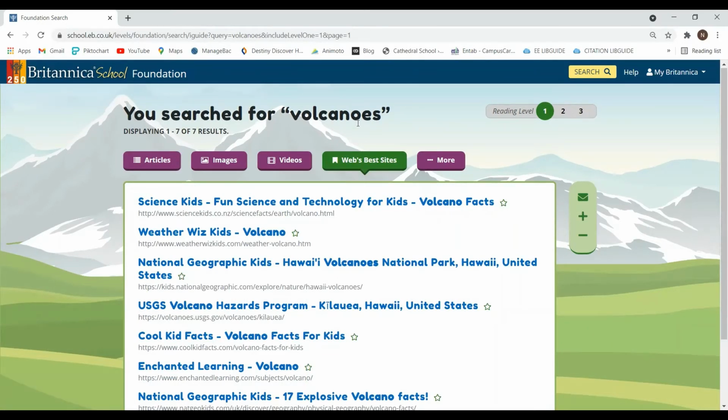You have to be careful that the information that you are finding and the information that you are giving is authentic. At this age level, you cannot really evaluate websites properly. You can use this database to take that aspect away. These websites are curated and the information in them is authentic. Okay, so let's first go to the articles.